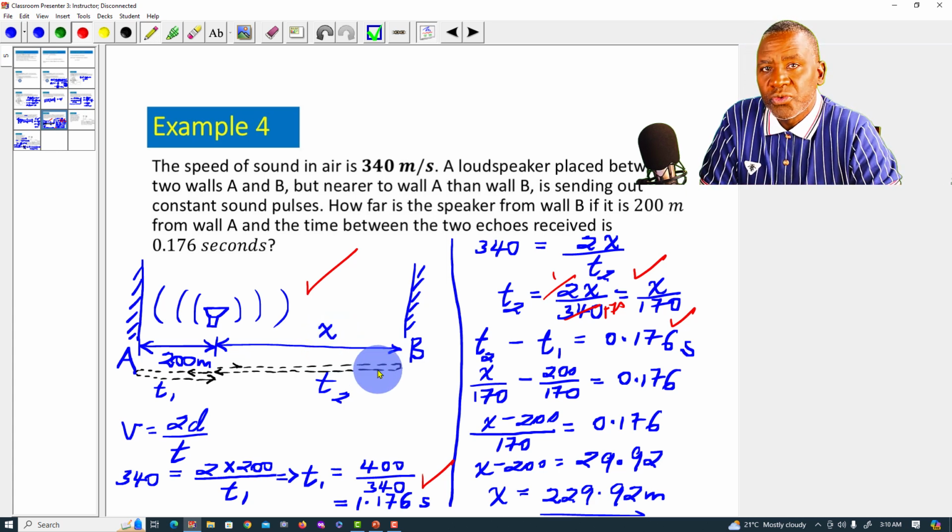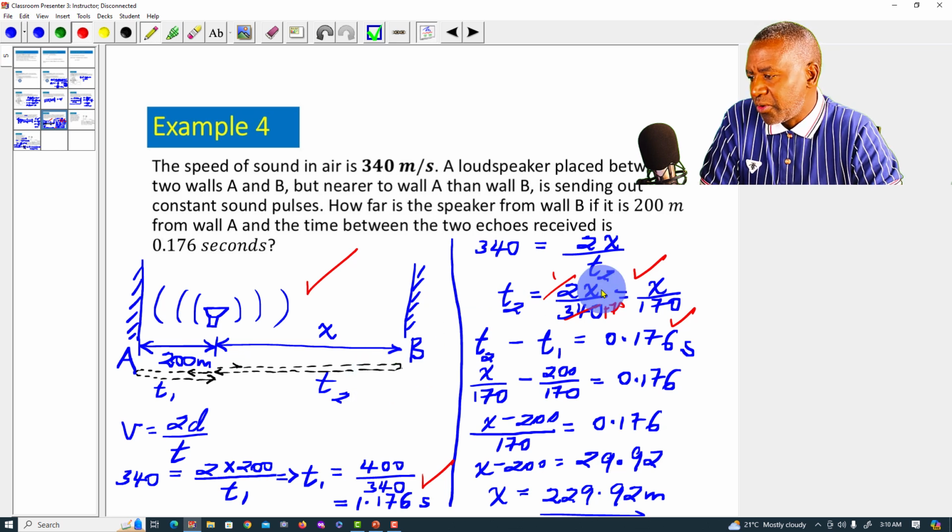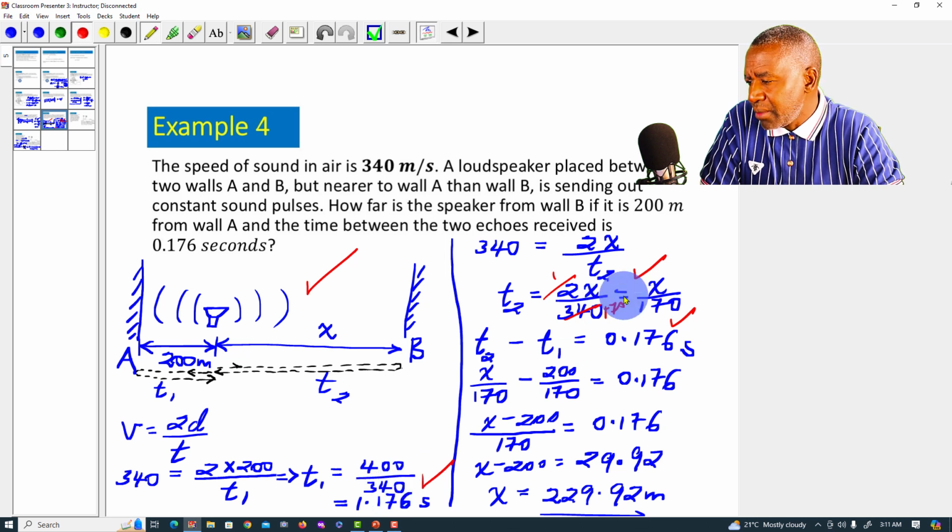What symbol you use, just use a reasonable symbol. So that is what I would use for T2 as x over 170. How about T1? T1 would have been, the moment I saw this one was out of 170, I realized I could also get a